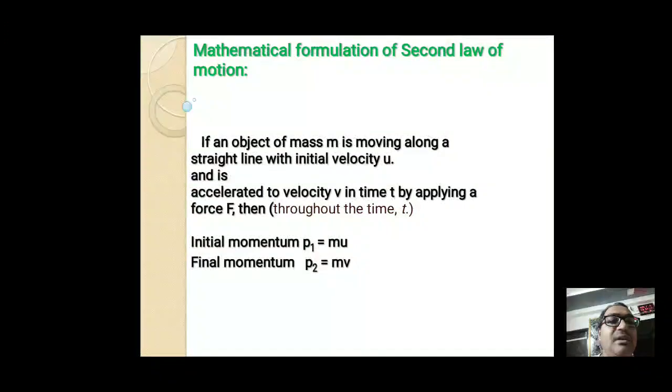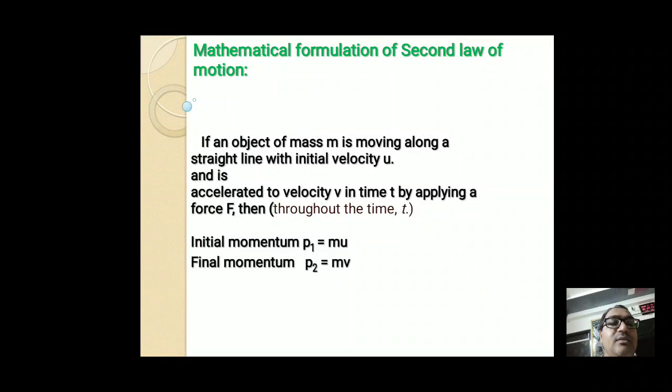I am giving you one example. Suppose one bicycle is there, it has a mass of 5 kg and is moving with an initial velocity of 5 meters per second. Now when force is applied, it means the person pedals the bicycle or another person pushes that particular bicycle, its mass remains the same. So mass will be 5 kg and it is now moving with 7 meters per second. So that is its second velocity, which is denoted with v.